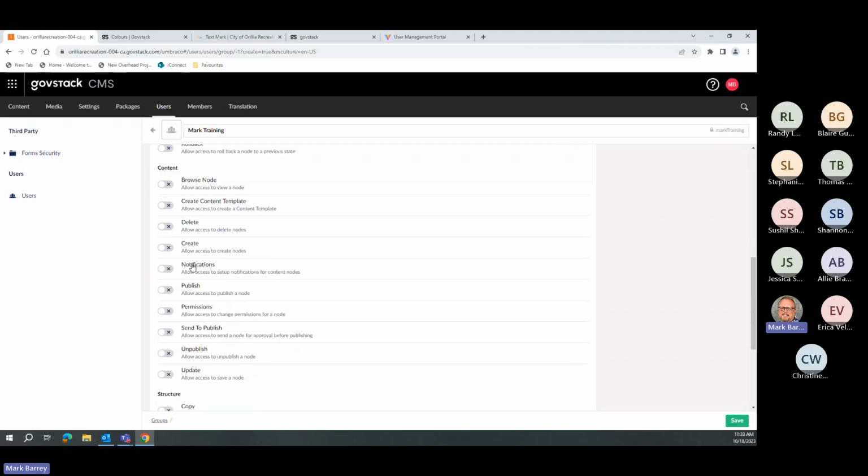Well, then we get into the content. Browse node: do I want them to be able to navigate around to different pages? Well, yeah, that'd be good. And do I want them to create content templates? Maybe this is something I would want to leave to administrators only, so I might leave that off. What about